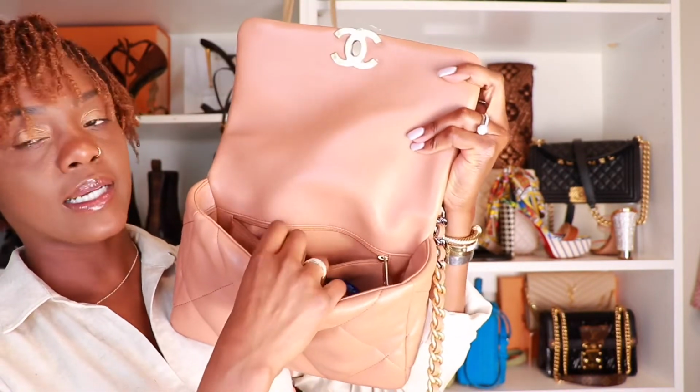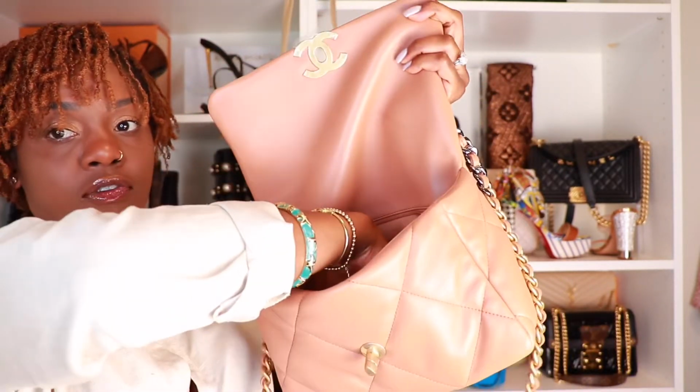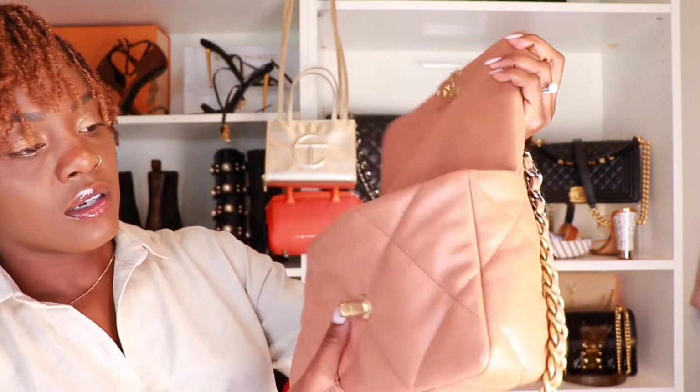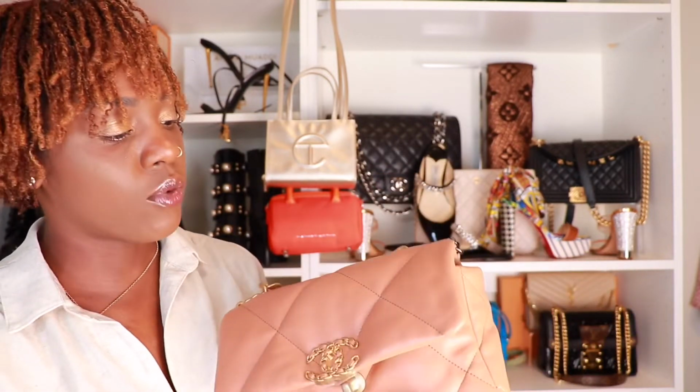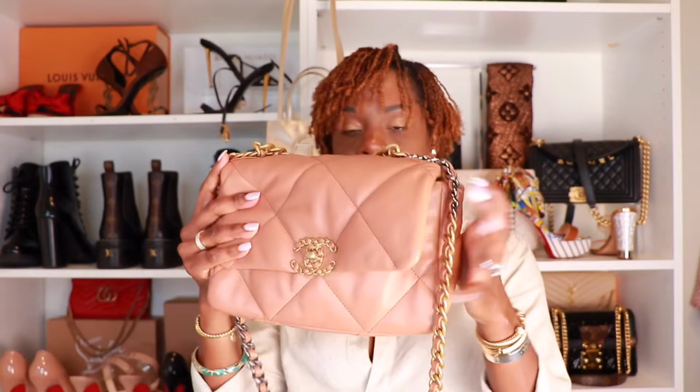Like, look how much space there is. Lots of space. Haven't used the back pocket as yet. My hands can fit in there full depth. And this is a pretty big bag for it being a small size. Super roomy. So you can hold here,